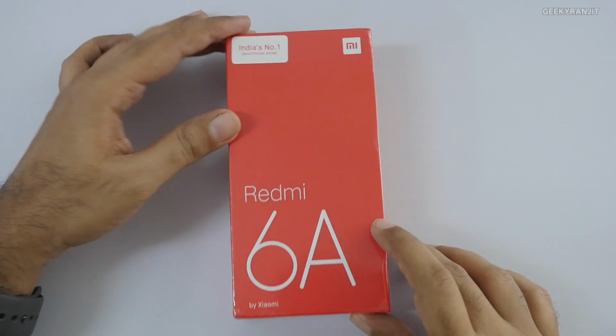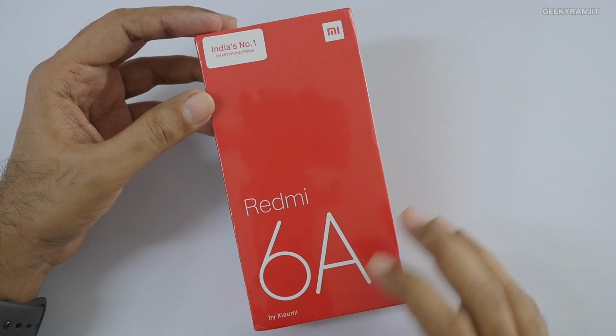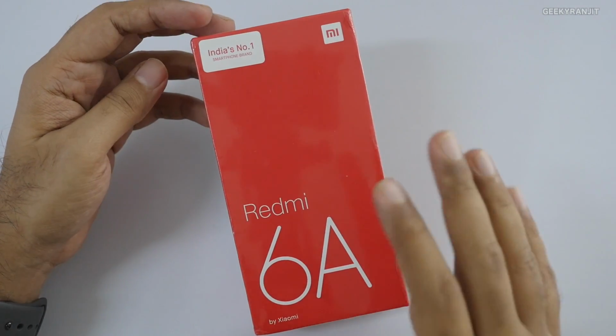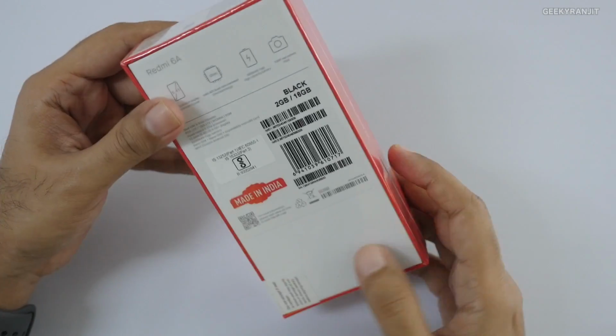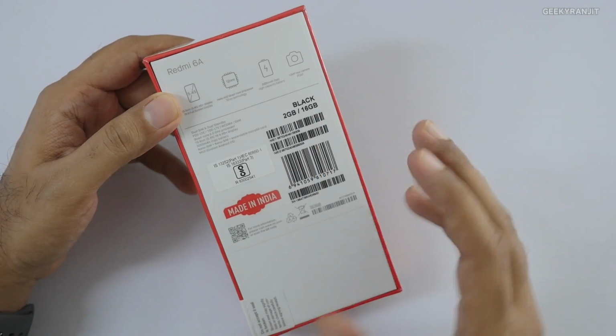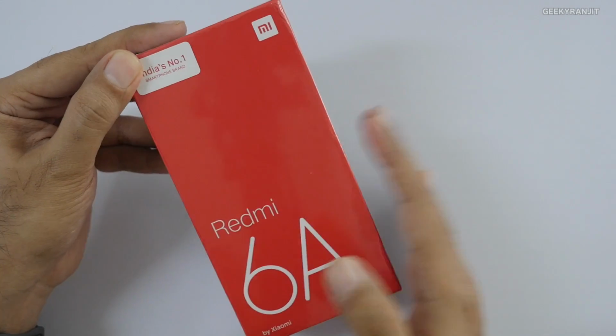Hi there, this is Ranjit, and in this video we'll be doing the unboxing for this budget-oriented smartphone from Xiaomi known as the Redmi 6A. And as you can see, we have the 2GB RAM variant, and this is sold in India for just 6,000